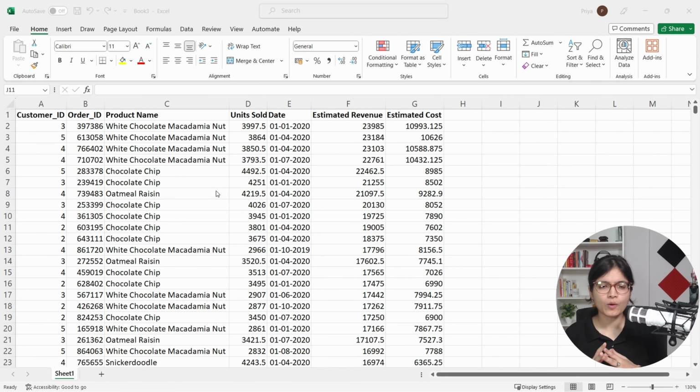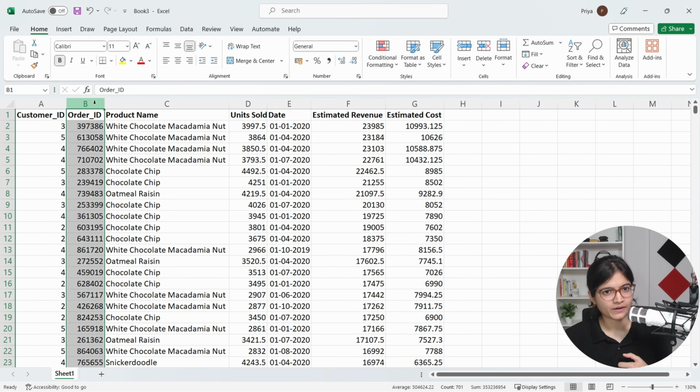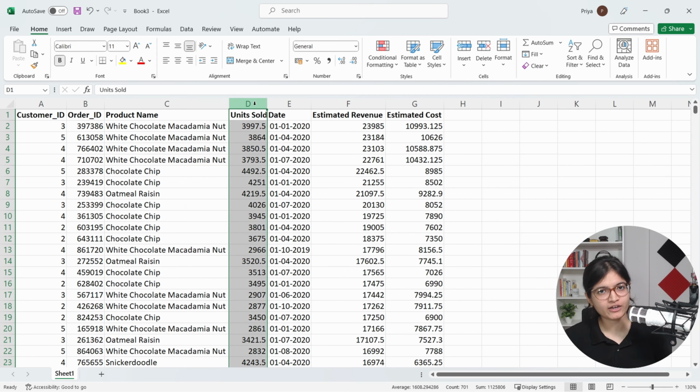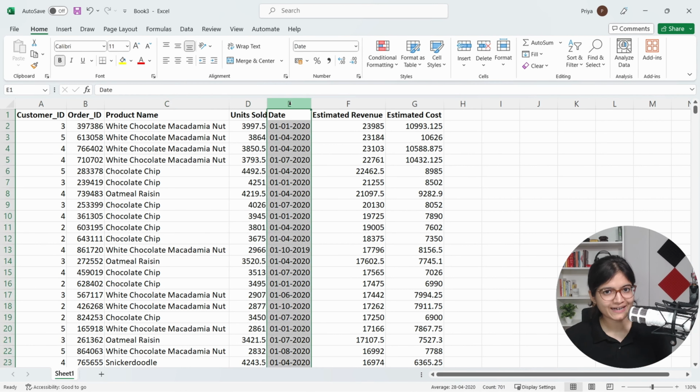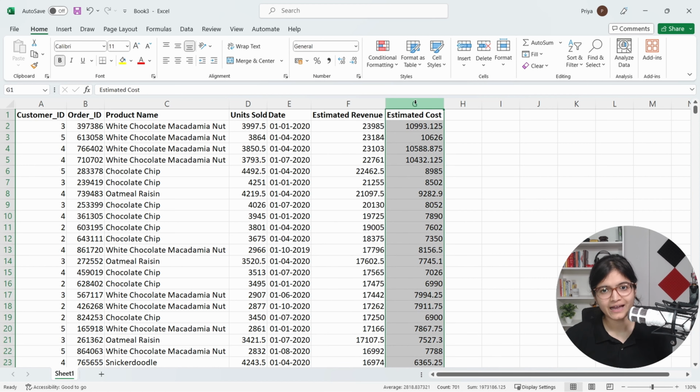So now here you observe, we will be having a sales data of a bakery shop person, right? This data contains customer ID. As you can see on my screen, the very first column contains customer ID. Second column contains order ID. Third column is the product name. The fourth column contains how many units that person has sold with respect to the particular product. Then, on which date that person has sold to its customers. What is the estimated revenue he will be able to generate with that product? And what is the estimated cost he has put in order to buy that product or package that product,